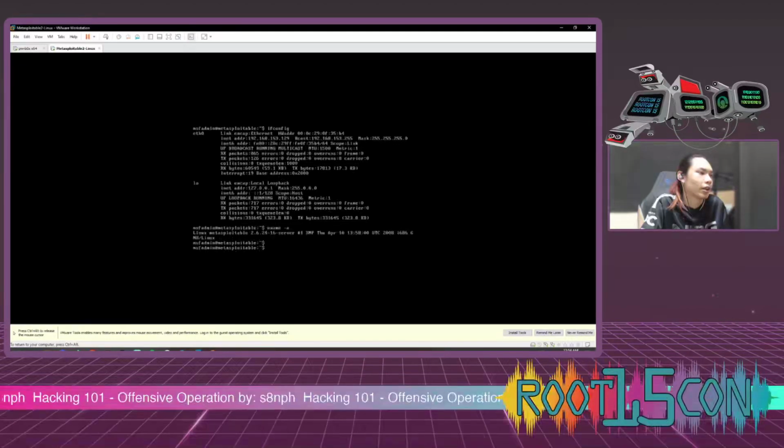We can also see the service versions. Apart from that, there are also different directories on the web page. So this is DVWA, right? So there are